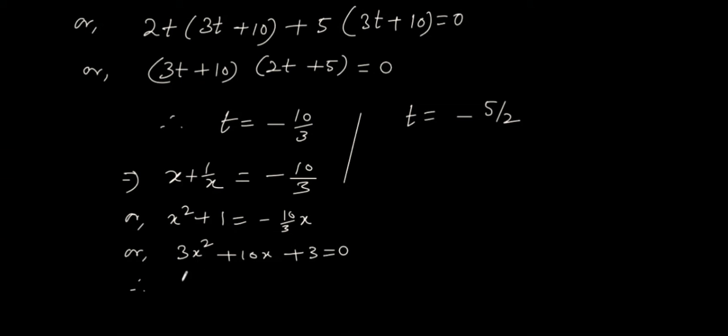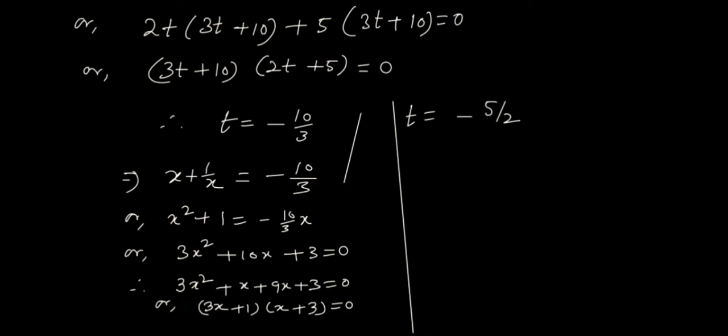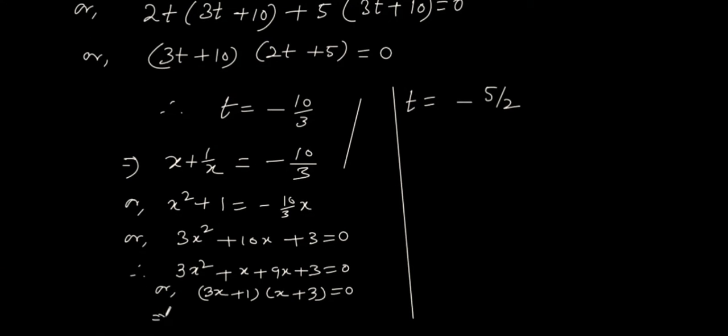So therefore 3x square plus x plus 9x plus 3 equals 0, or 3x plus 1 times x plus 3 equals 0. So that means x is negative 3 and x is minus 1/3,